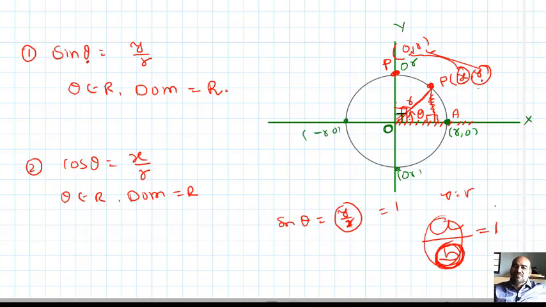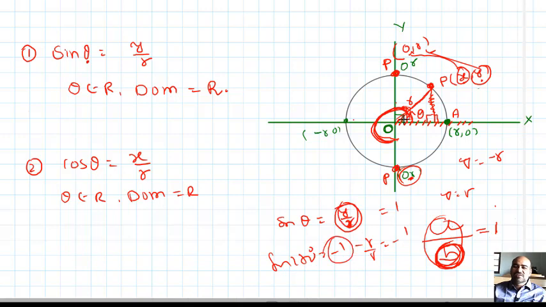Next thing is, for example, here P is here now. P is here means the angle is 270 degrees. Your P is here. In this case I want to find the value of y by r. For this angle, P is here, which means 0 comma minus r. The point is 0 comma minus r. Y becomes minus r. Substitute minus r by r, that is equal to minus 1. So for 270 degrees you got the value minus 1. For example, your P is here. So y is equal to 0, x equals minus r, 0 by r is 0 only. That is, sin 180 equals 0 only.